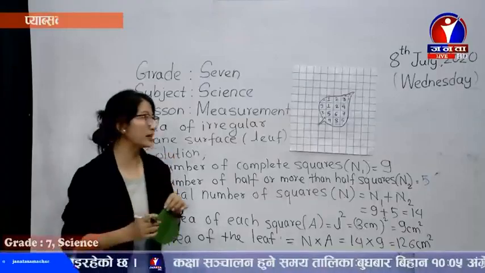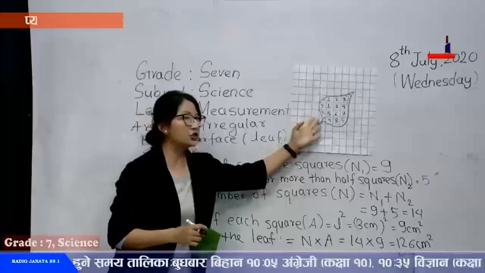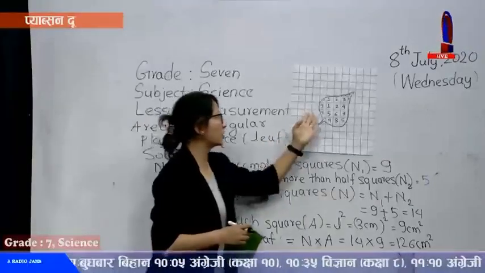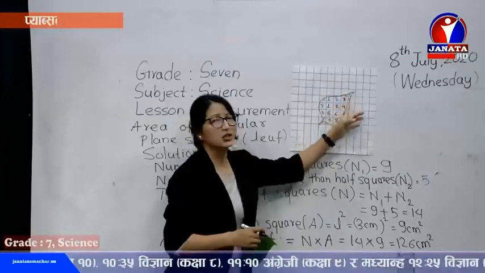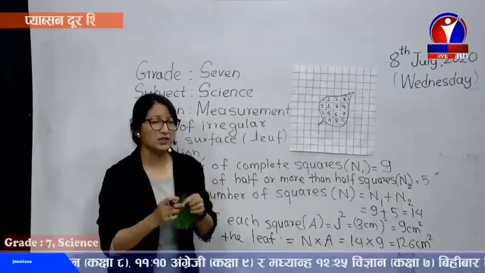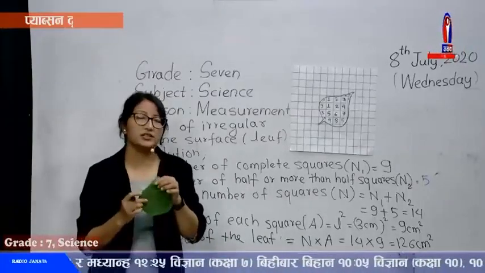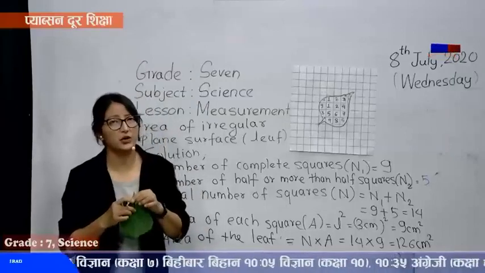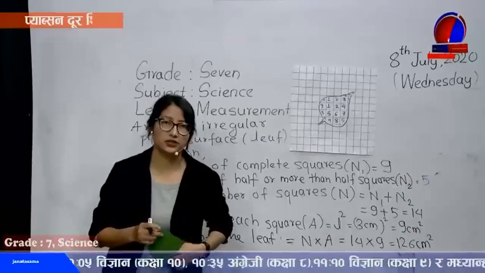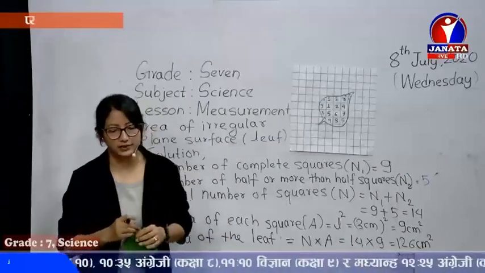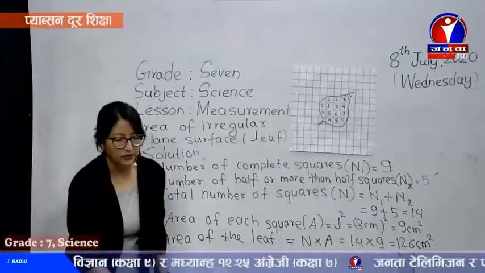So like this, we can calculate the area of the irregular object by using a graph paper. Now you might have thought like, why this is ignored? Most probably if we add this and this and this could bring one more square. So that's why this method may not give the exact measurement of the area. These are some errors that might come during calculation of the area of the plane surface, that is the irregular object. Okay, that's all related to calculation of area of a plane surface.